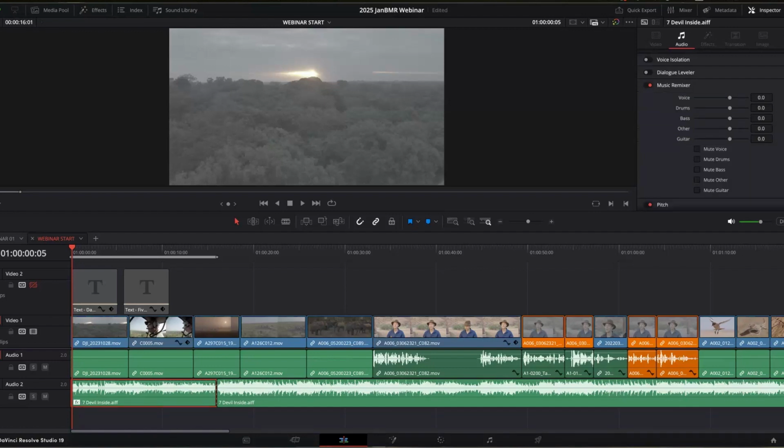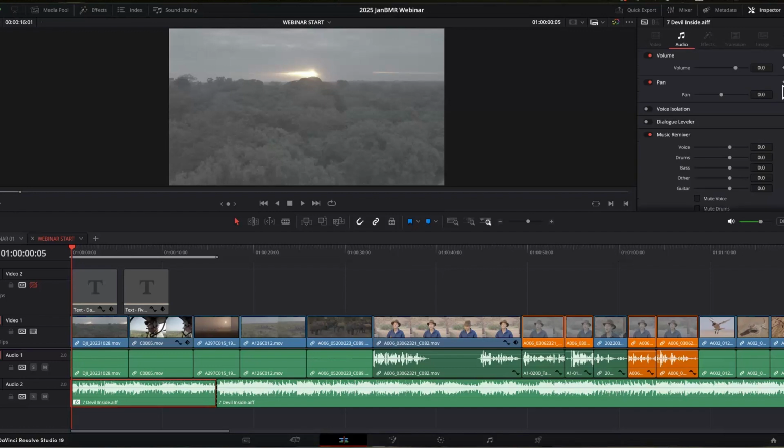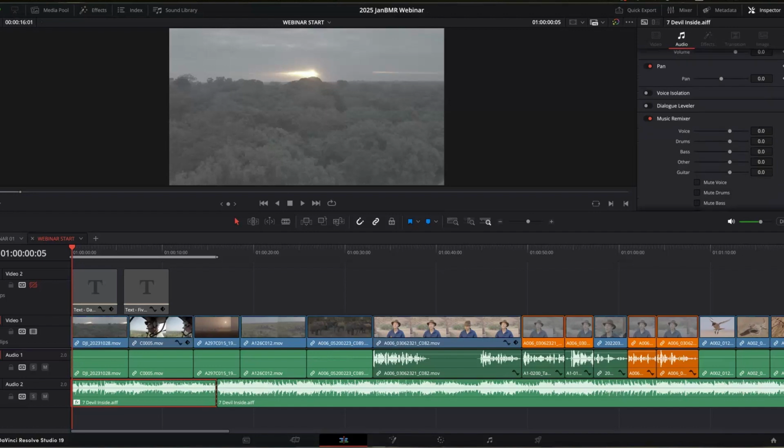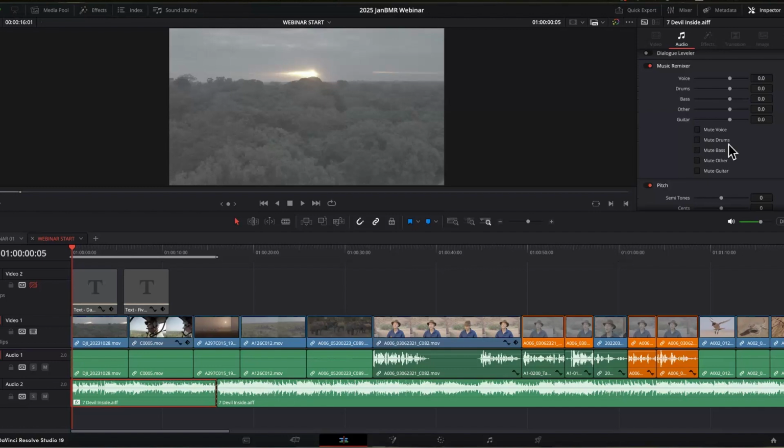You notice that the music remix has two choices. One choice is selecting the amount of volume for each of the voice, drums, bass, other, and the guitar. And you can also mute them. So you can actually mute the voice. So for example, if I play it,